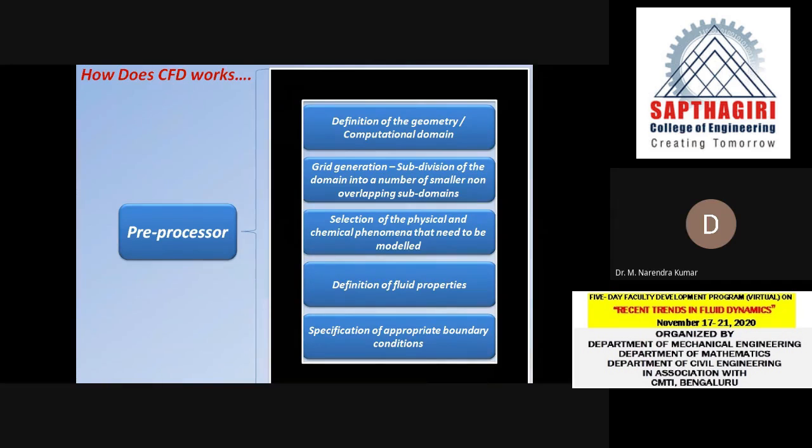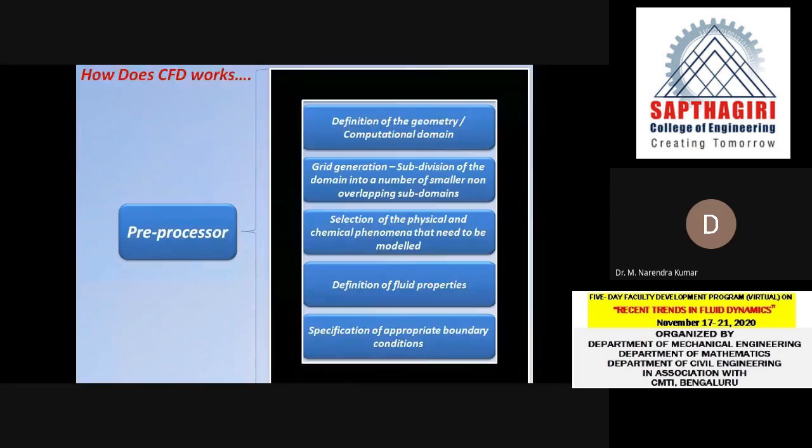So these are all the content of the preprocessor. So first one is to define the geometry. Next is grid generation, dividing the domain into a number of smaller grids, smaller overlapping subdomains. Next is trying to define the physics. Okay, and